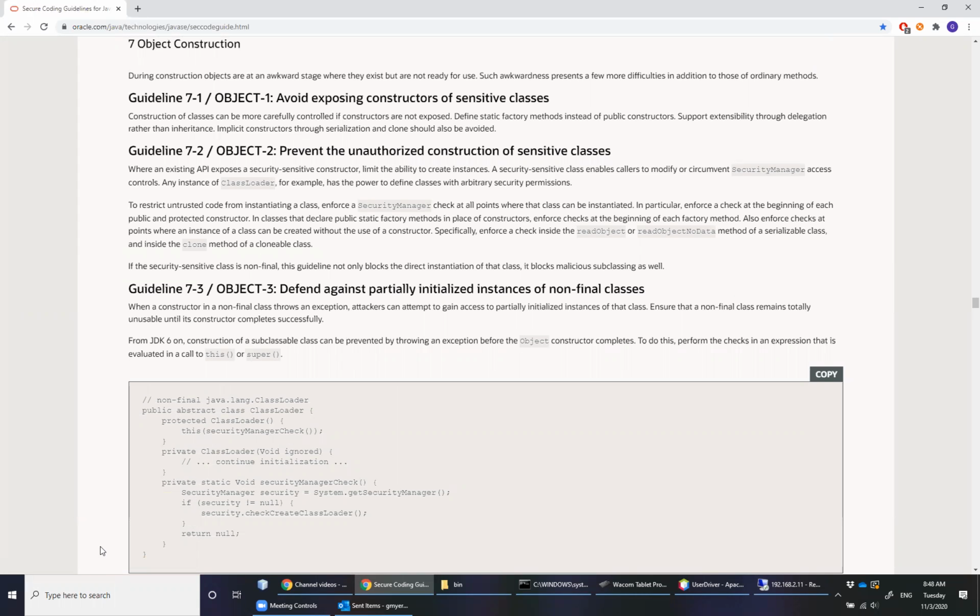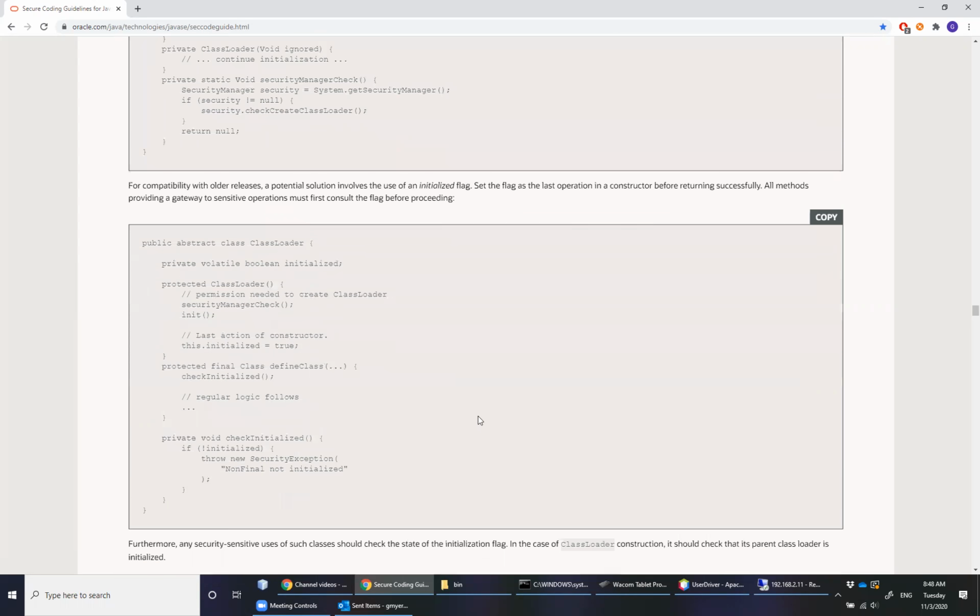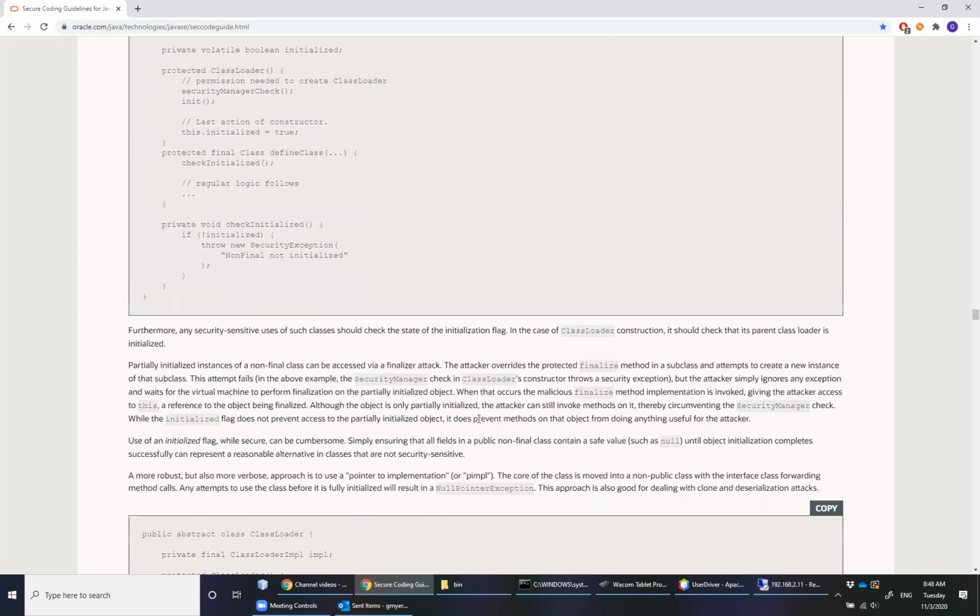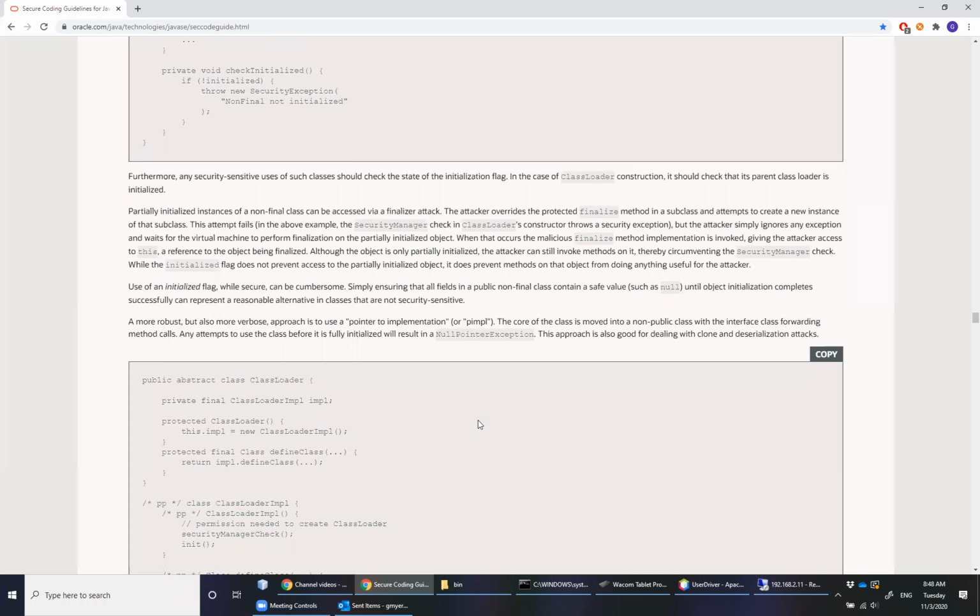In other words, you discover that you don't have all the information that you need. One possibility is that you throw an exception, which can lead to an exploit, which this article goes into. But then the second possibility is, and the one that we're going to take, is the idea of creating a